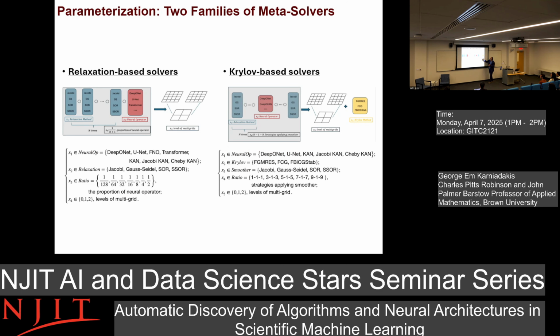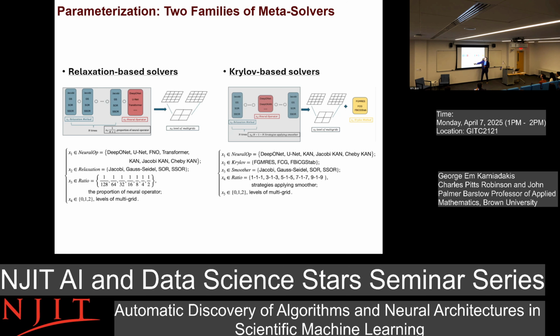Just to give you an example, let's go to this one that we talked about more extensively. So for example, I assign a variable x1, which will parameterize which one of these neural operators I will be selecting. Then x2 will select the solver, Gauss-Seidel, symmetric successive over-relaxation, whatever. And then here, the x3, how often you use this compared to this? Because I go back and forth. You don't have to alternate. You don't need to use that. There's an optimum, a sweet spot, there's an optimum point.